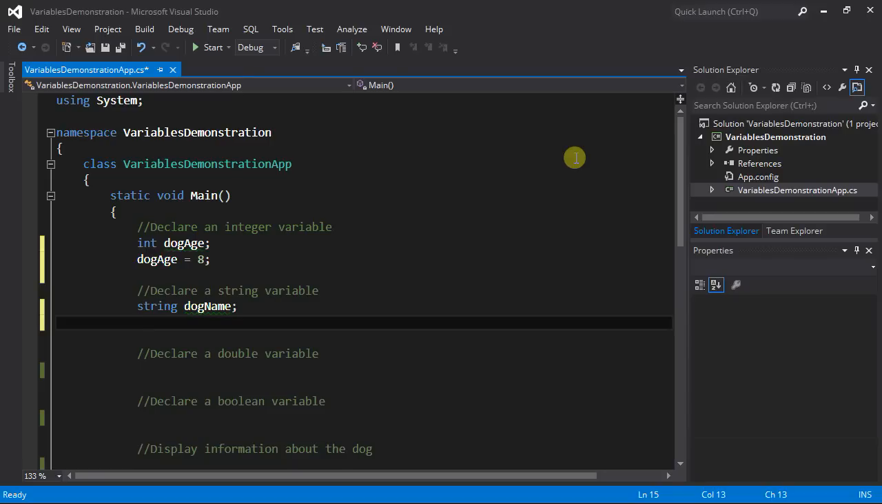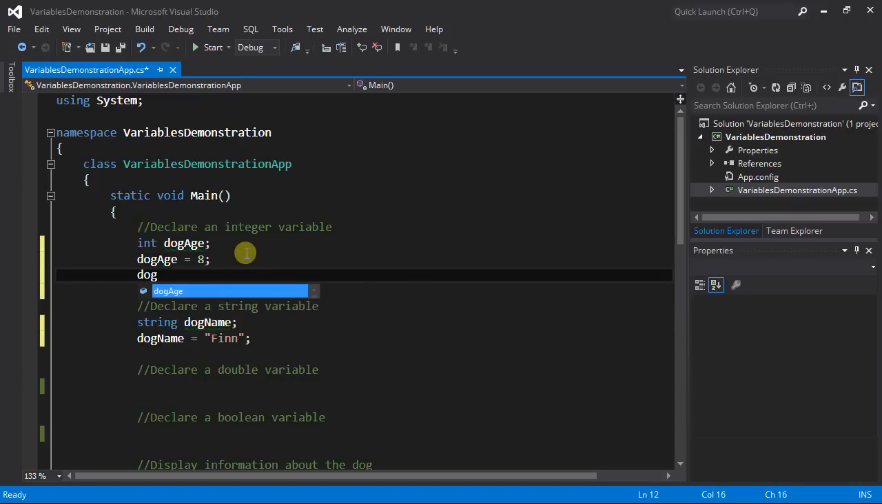Let's assign a name to our dog. And so we'll type in here dog name equals Finn. Okay. And since code is compiled sequentially, whatever the last value for any particular variable is, that's what the value is going to be. And so if I write another line of code here that looks like this,